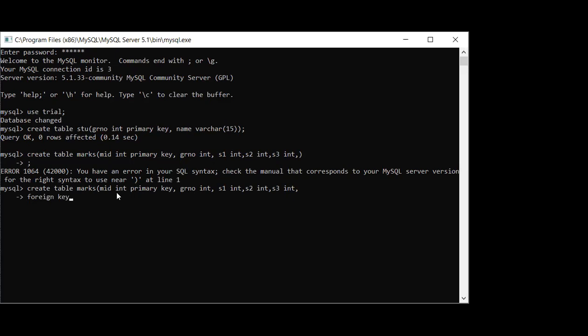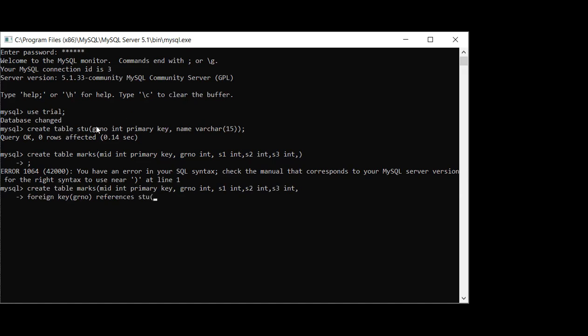Then after this, in this particular table, you have to write which column name you want to make a foreign key from this table. So from this table, it is GR number, so we will be writing GR number. Then after this, another keyword is references. Even here you have to take care of the spelling. Now for references, you have to tell which table, meaning the name of your primary table. So your primary table name is STU, so you will be writing here STU.